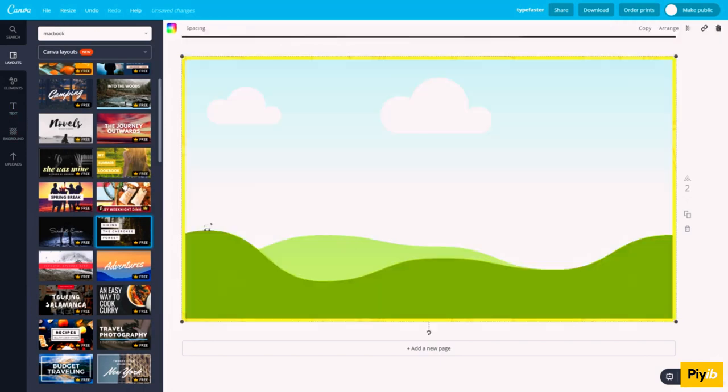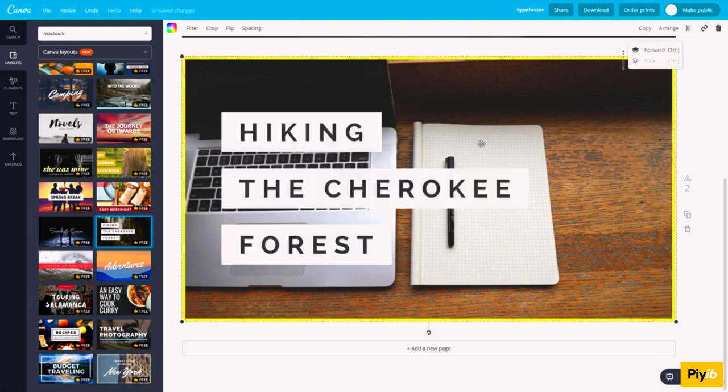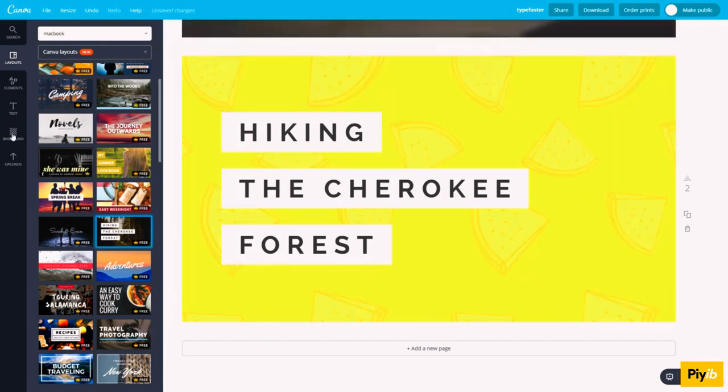So all we needed to do was to go to Arrange and then Back like this, so that it's behind everything else, but we don't actually want to keep this image, so we're just going to delete it anyway. So don't worry about that. Now, of course, if you don't like the design that you've made, you can always just click onto a different layout and restart your design process and design something completely different if you want to, but I don't want to,